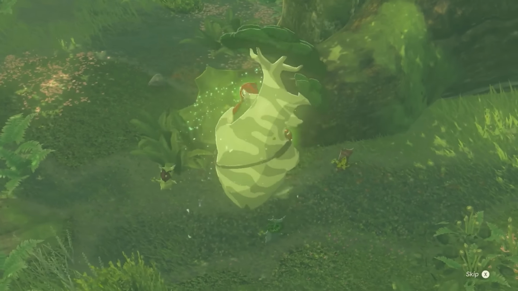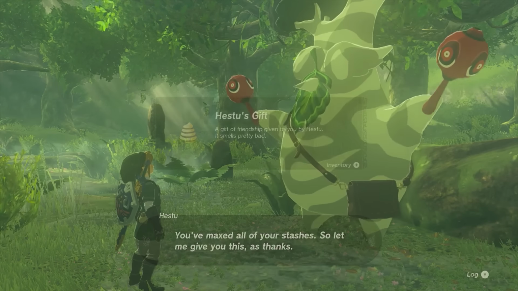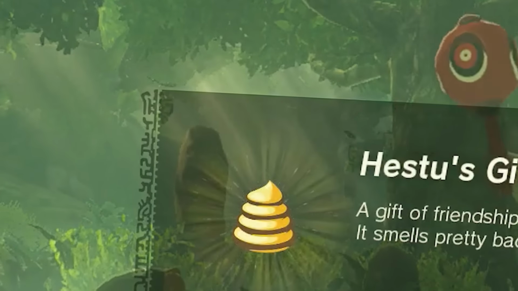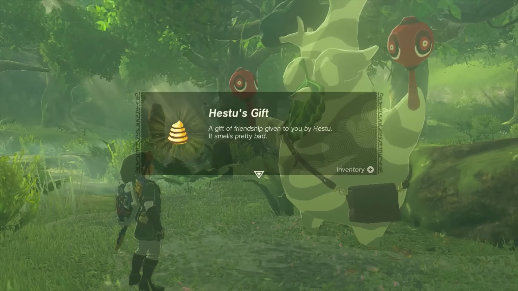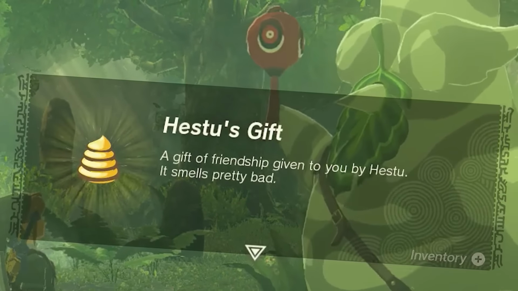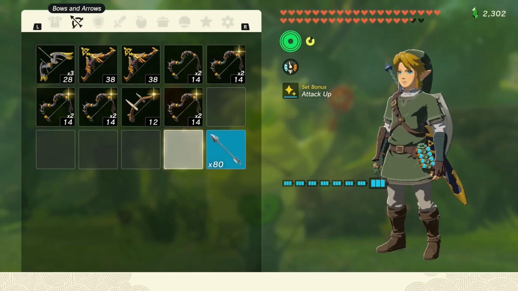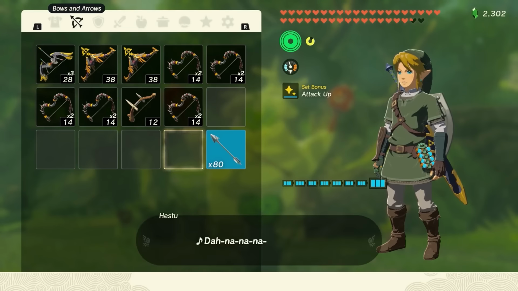Please, Hetsu, please give me something good. It's more poop. It's the same poop. It's poop. It's the poop, but it's taller. Why? Why do I do this to myself? It wasn't worth it. At least you do get your inventory expanded for the first 400 Korok seeds,